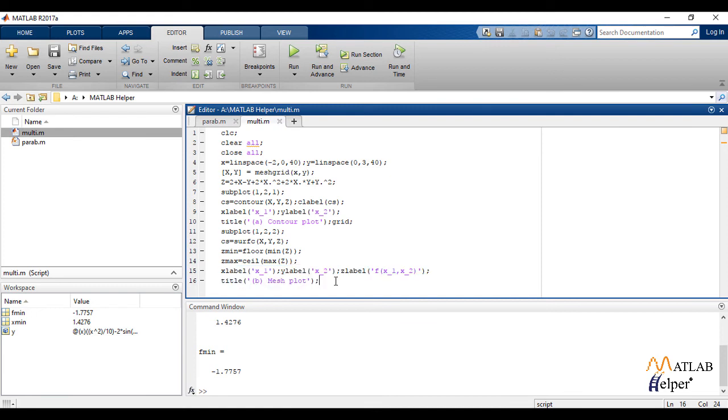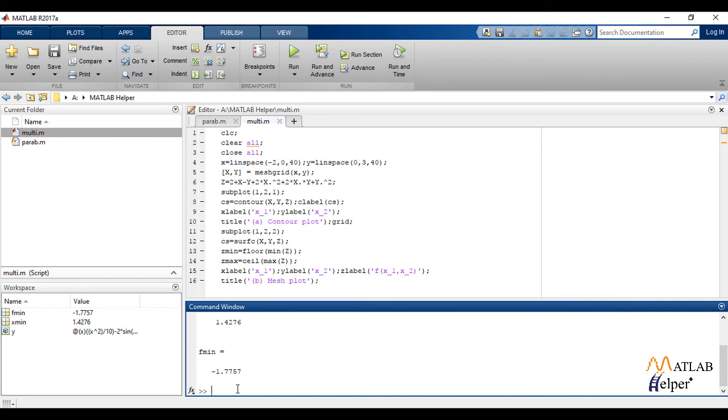Now to get the output, in the command window, we type the given equation as f. Then we write [x, fval] = fminsearch. We have used a function fminsearch which is inbuilt in MATLAB, and we need not write a separate function for it. So we press enter and get the values of x and fval.